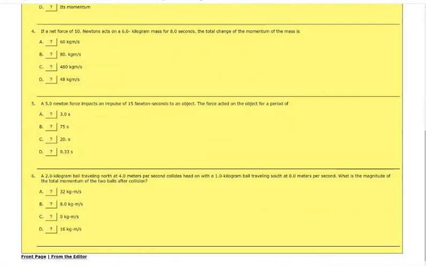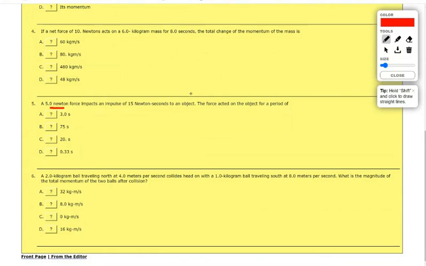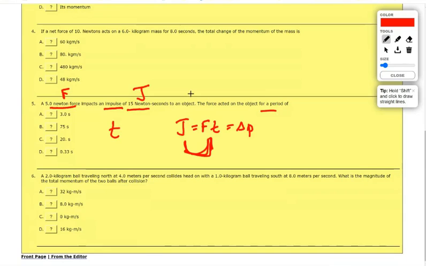Let's take a look at this one over here. It's a nice one. A 5 newton force, and impulse J. Now, how do I know that? I look on the right of my reference table. That's J, impulse. The force is acting over a period, and all of these are times. So I go to my reference table and I build my own equation. What do we got here? Oh, F and T and J. Look at that. So J equals F times T. The J is 15, the F is 5. Piece of cake, right? That's 3.